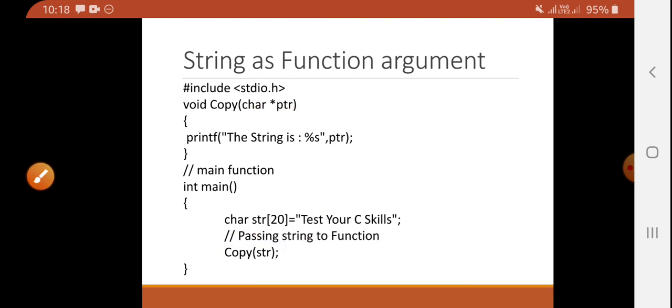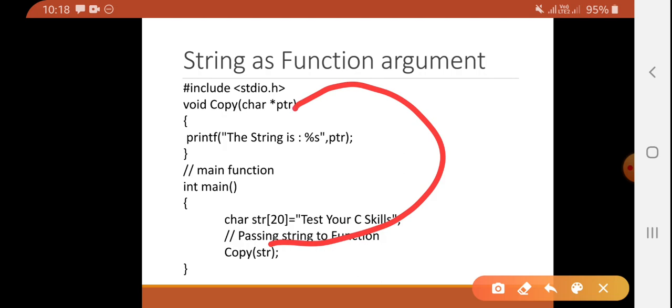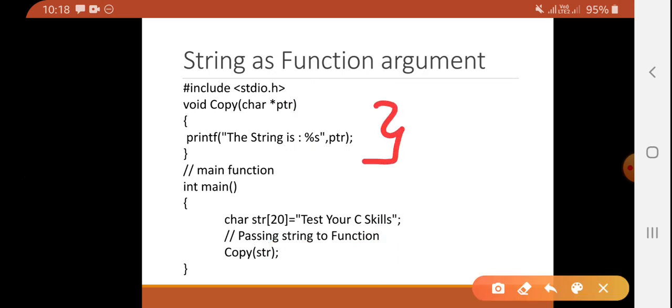So ptr stores the address of str, and we can print using %s with ptr. So what is the output? Test your C skills. Even in this copy function, you can access the string character by character, but you have to write a loop, iterate over the string, and print using %c.